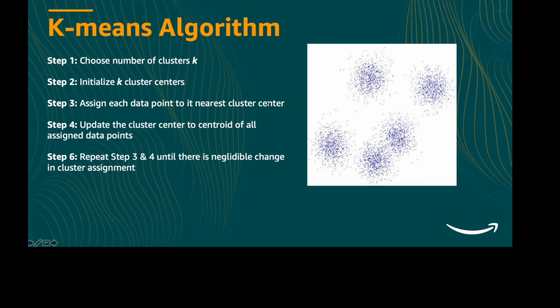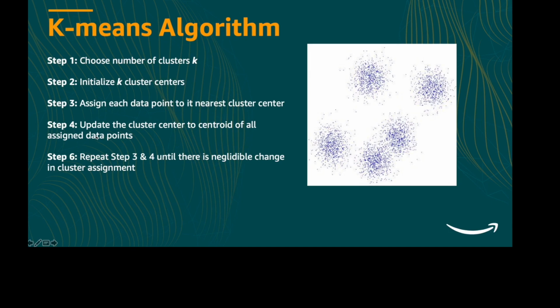At the end of step 3 you will have the cluster label for each data point. Now once you have the data points for a cluster, you can update the cluster center, since initially it was randomly initialized. So now you can come up with a better cluster center. One way to do it is by taking the mean of all the data points that belong to that cluster, and that can be your new cluster center. You repeat for all the clusters, and that is step 4, where you are updating the cluster centers.